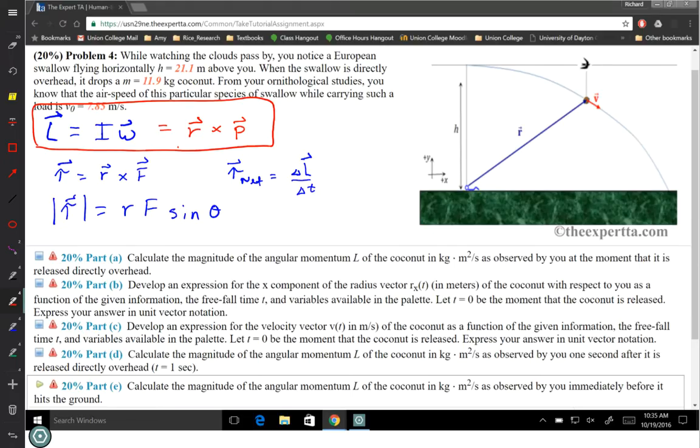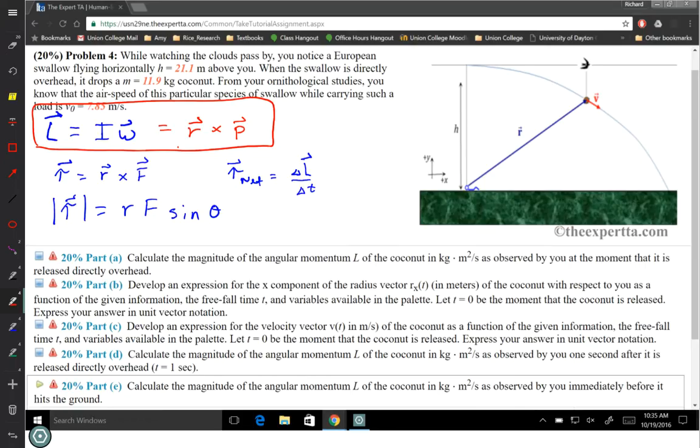Now, what does it mean again when I do a cross product? I'm multiplying the perpendicular parts. I don't know how many people are Monty Python fans, but this problem is an homage to the Search for the Holy Grail. This is a laden swallow, by the way, not an unladen swallow, so it's not exactly what the challenge question was. But you have this swallow that's flying, and if you look at its angular momentum before it drops it,